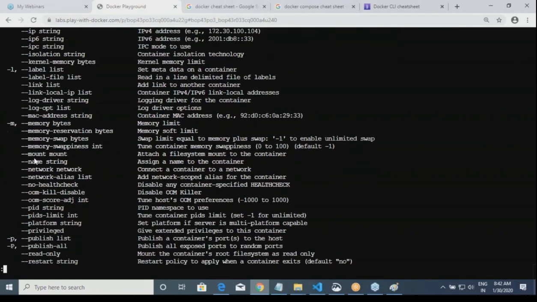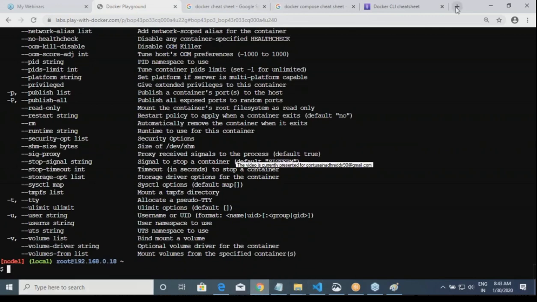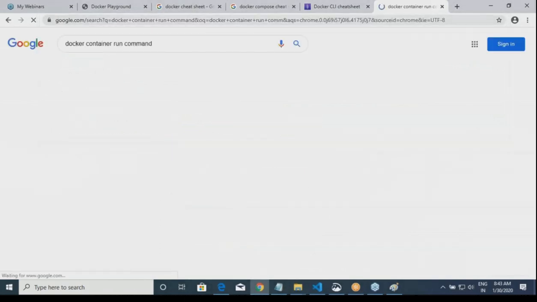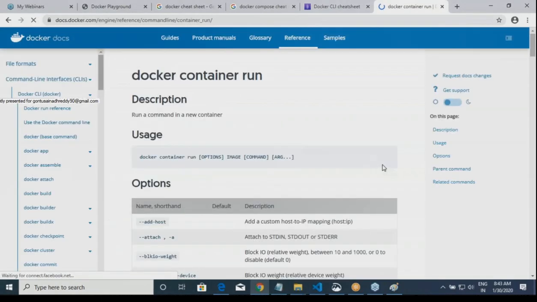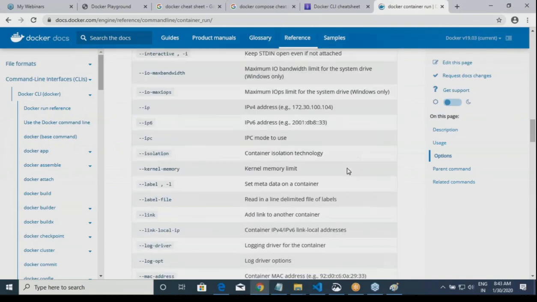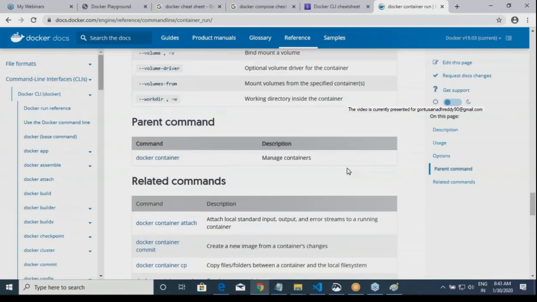So now, are you seeing this stuff? --help. For the people who are used to the command line, --help is a decent option. But for the people who are not used to the command line, --help is not that great an option. So now the other workaround is, we know that I have to use the Docker container run command. Are you seeing Docker's documentation? Okay. Are you seeing the whole thing over here? It will tell you everything that you have seen over there, in the page. And from here you will see all the different commands. So what I would recommend is